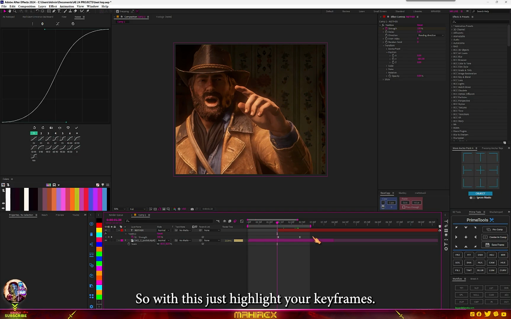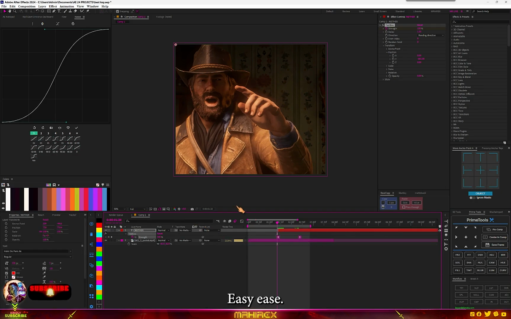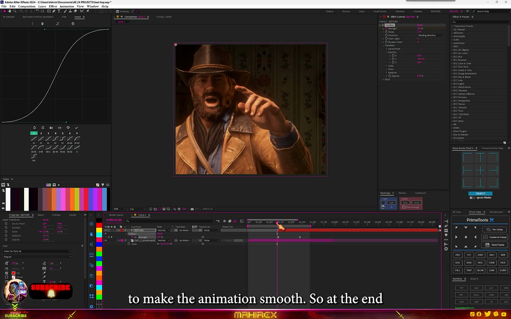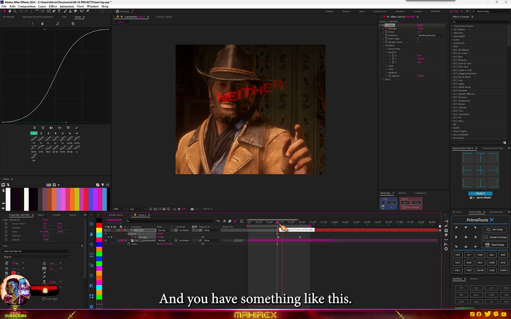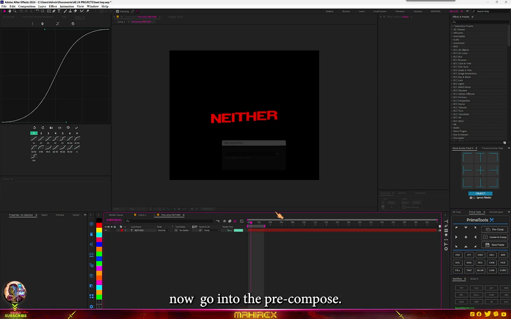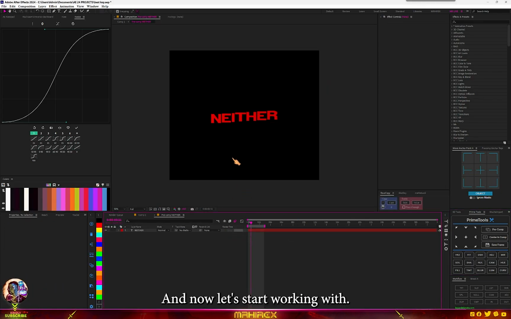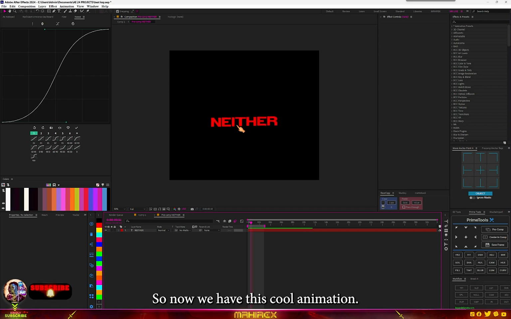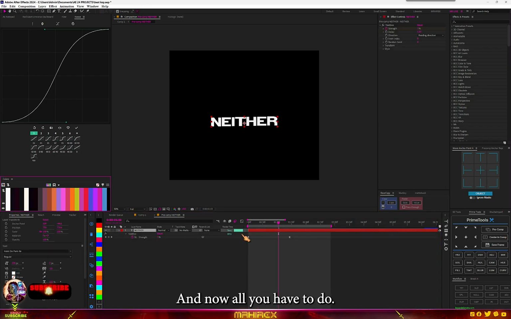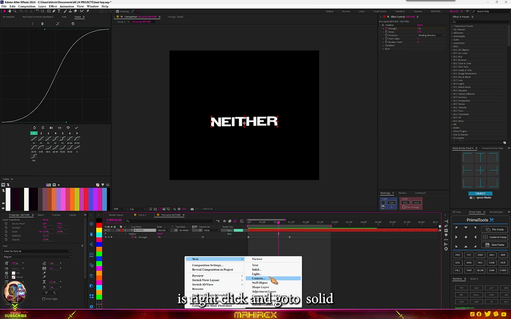With this, just highlight your keyframes, Easy Ease, go to your graph. Make sure you always turn on motion blur after everything to make the animation smooth. So at the end we have something like this. All you have to do is just pre-compose this. Now go into the pre-compose. So now we have this cool animation. Let me change the color to white, and now all you have to do is right click, go to solid,